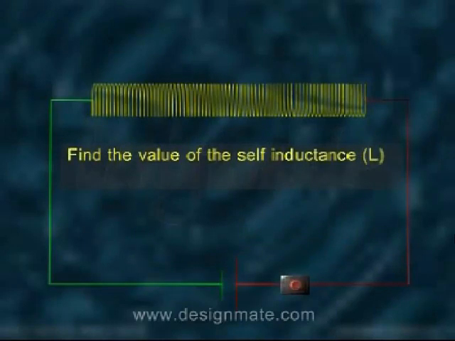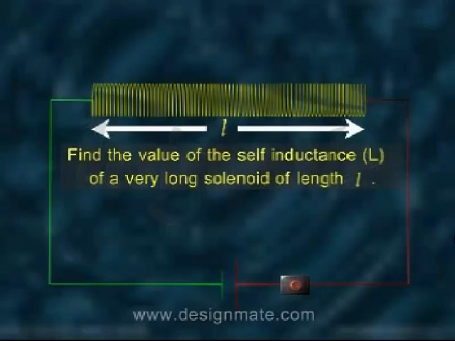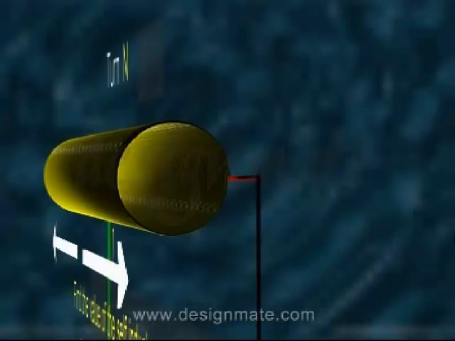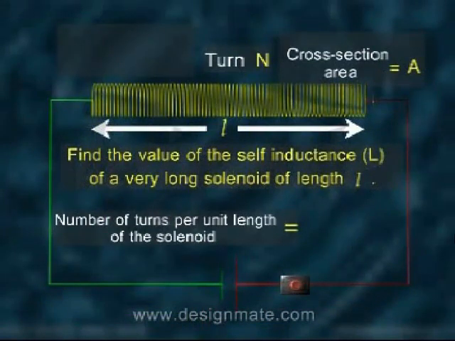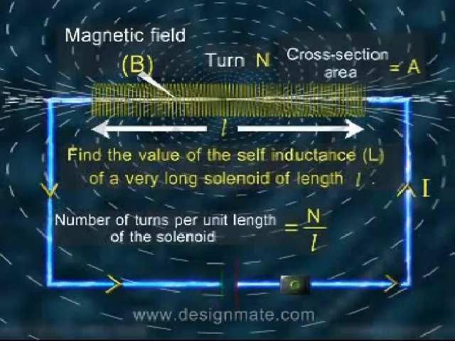Find the value of self-inductance of a very long solenoid of length L, having total number of turns equal to N and a cross-sectional area A. The number of turns per unit length of the solenoid is N upon L. Therefore, the magnetic field at any point within the solenoid on passing a current I will be